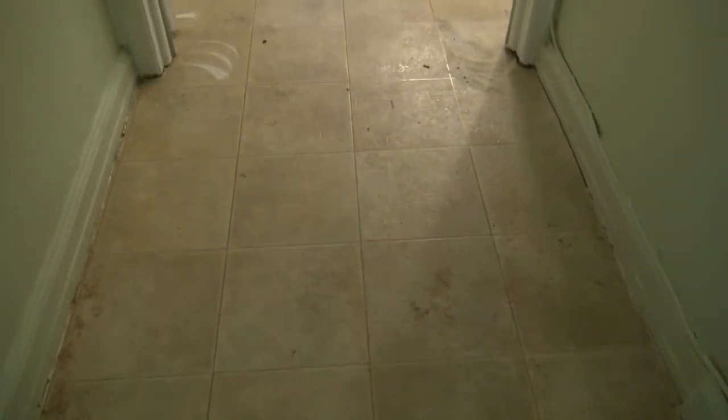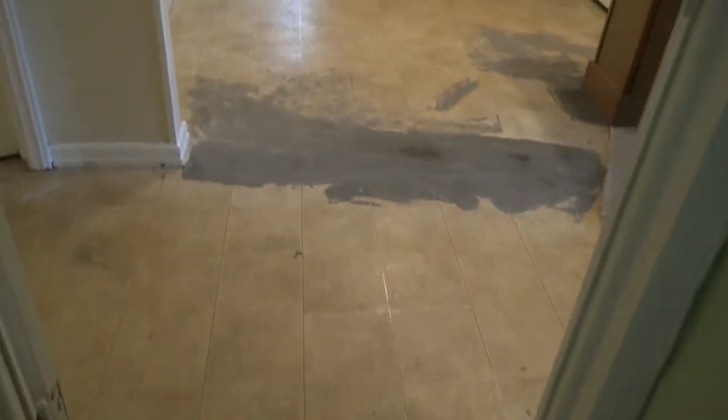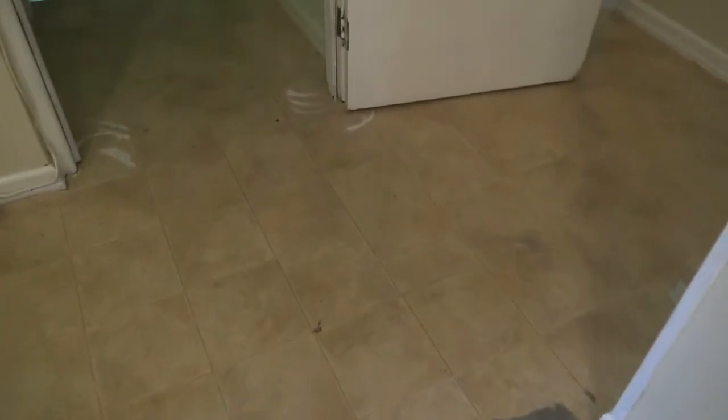Here we have an installation of some sheet vinyl, the kitchen and the hallway. Kind of a little unique situation because we have the kitchen proper here, and we needed to do some prep on some existing seams. So with the situation with the hallway coming around this way, instead of having the seam here, which actually came